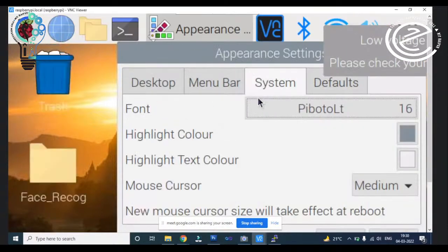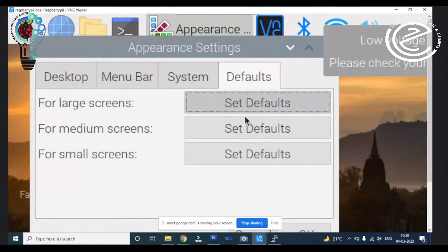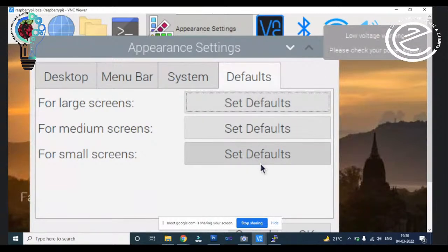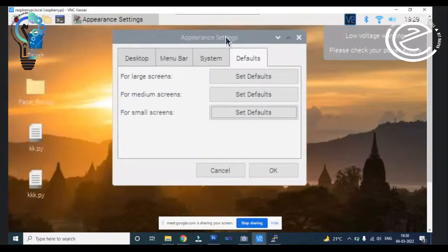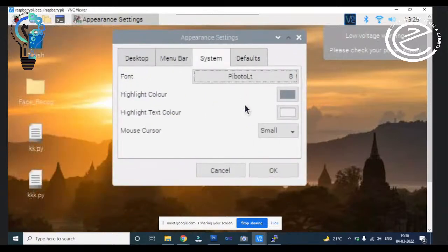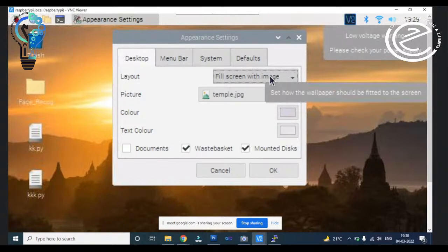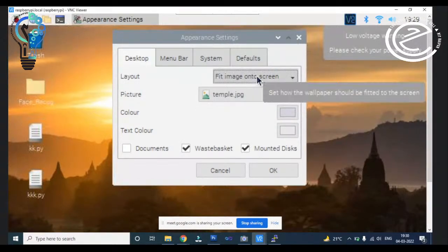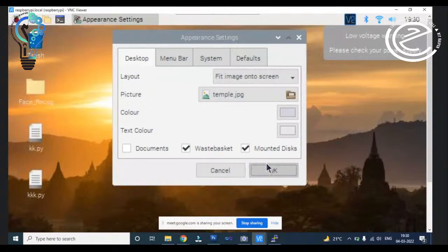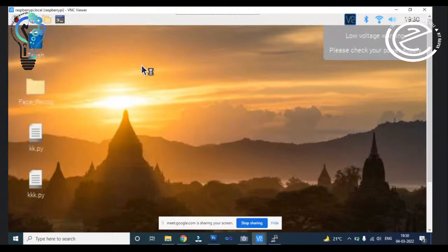Large screen, for the small screen, it will set the appearance. You can just click on OK. Let's execute the Python code again.